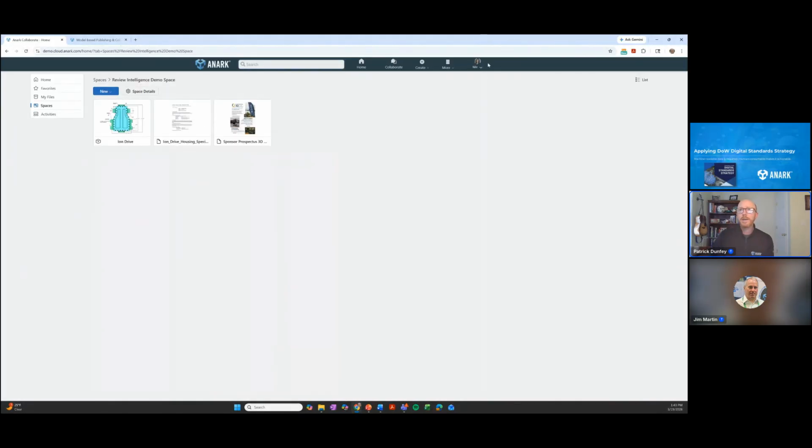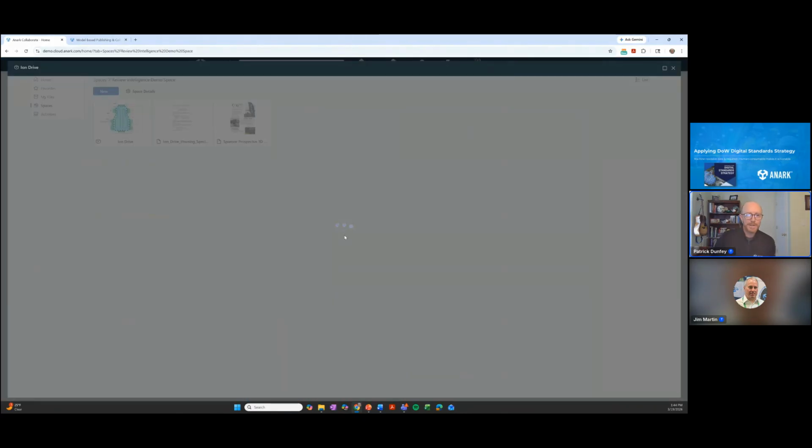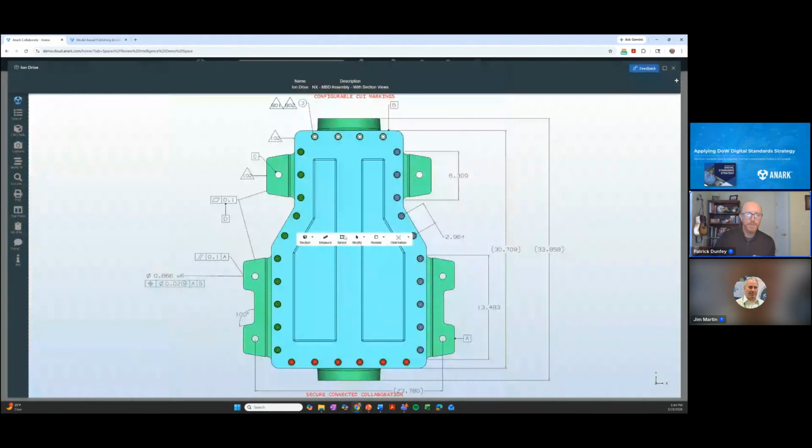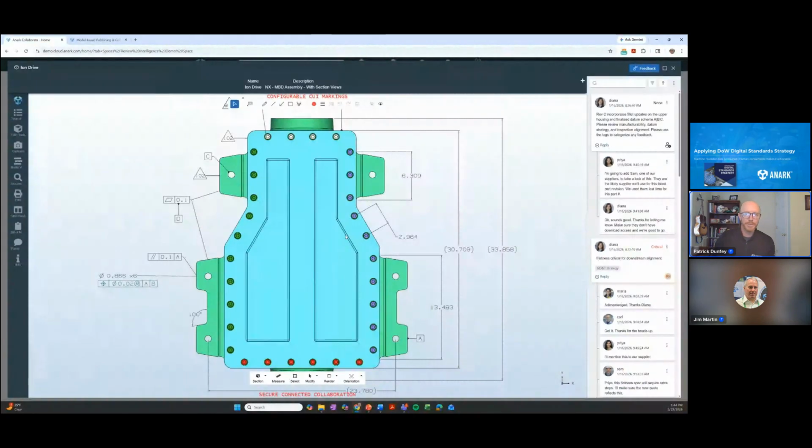Okay, so again, I'm currently logged in as the authoritative source owner and have access to all of this information. And if I go into this, what I really wanted to show is just the cross-domain review or cross-domain collaboration aspect of what we're talking about today. There are many different connected product data experiences that you could develop in our platform, and work instructions are another. But this is just one example where you have cross-domain review.